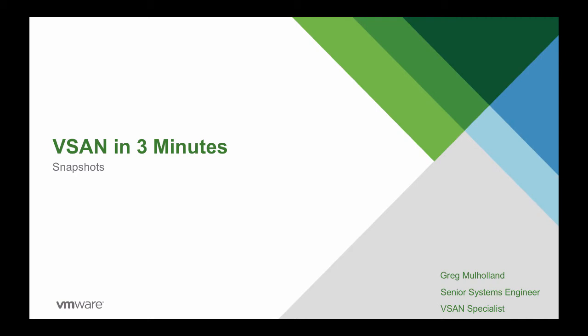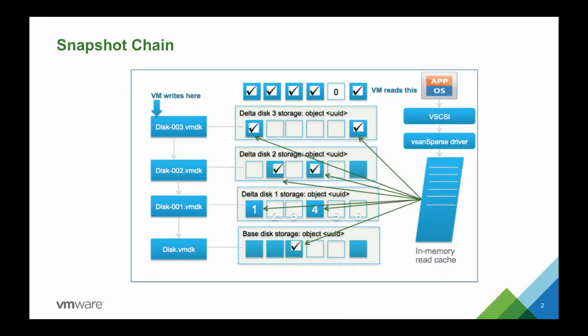Today we're talking snapshots. In particular, in vSAN 6.0 the snapshot mechanism is very different to that in 5.5. We're now utilising the vSAN sparse format, which gives us a much higher performing snapshot. What we have here is a base VMDK which has a number of snapshots, and we're using delta disks here